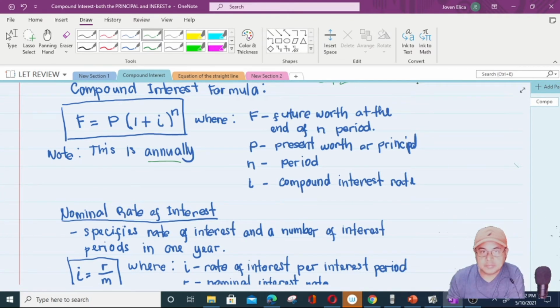So the problem number 54 is, so we need to